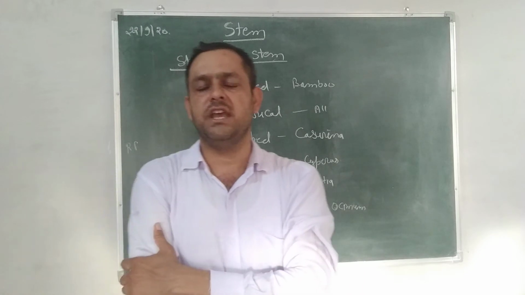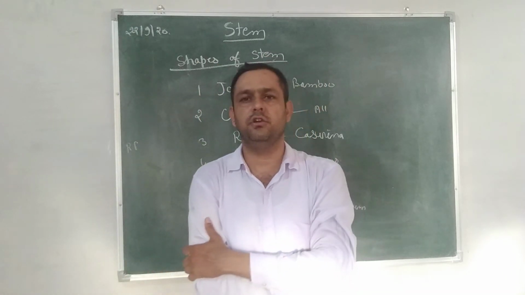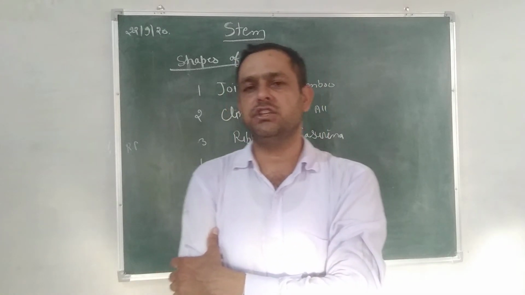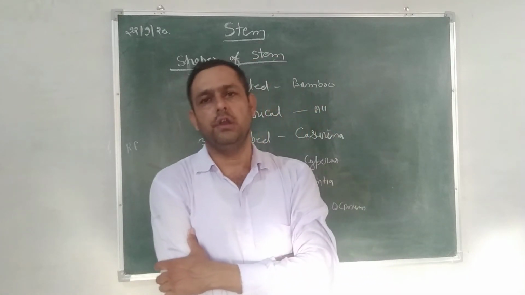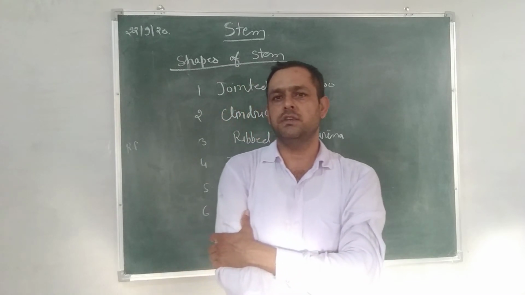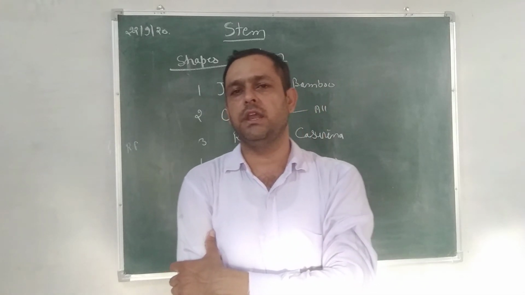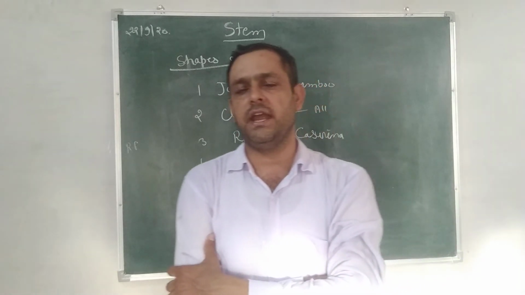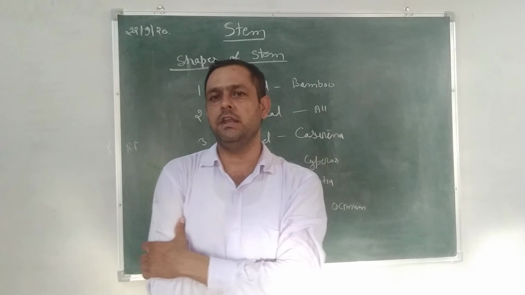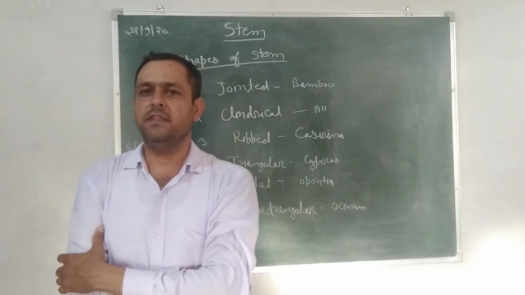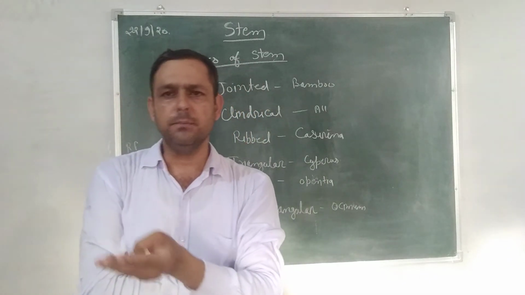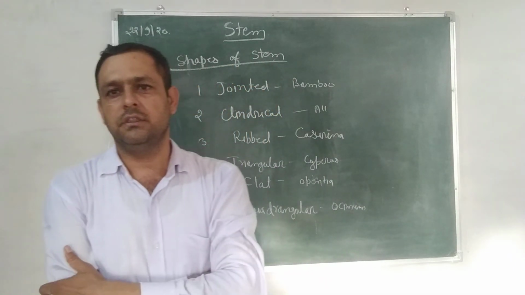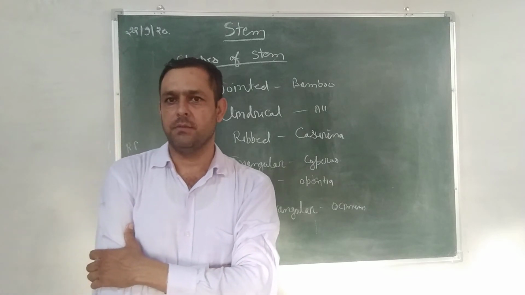In the young stage, stem is green and can do photosynthesis, and normally the work of stem is conduction of water from root to leaf, or we can say stem is the middle part between leaf and root. It can transport mineral nutrition and water to the leaf to make food, and it can bear branches, leaves, flowers, fruits, etc. These are the main functions of stem.